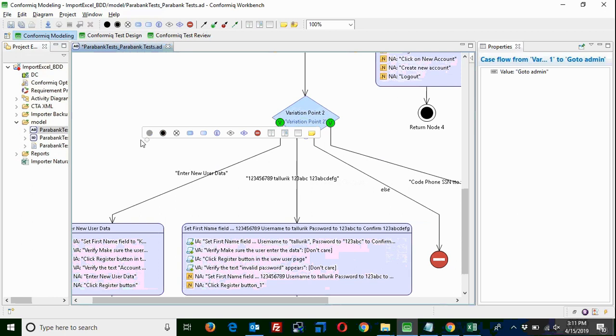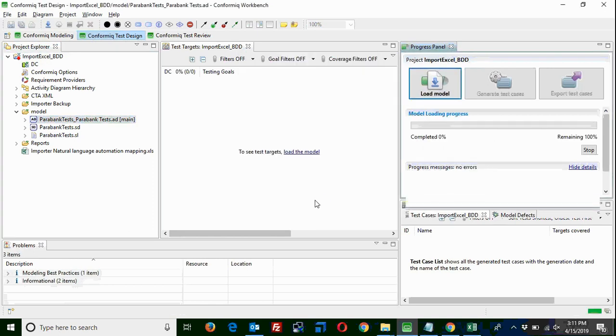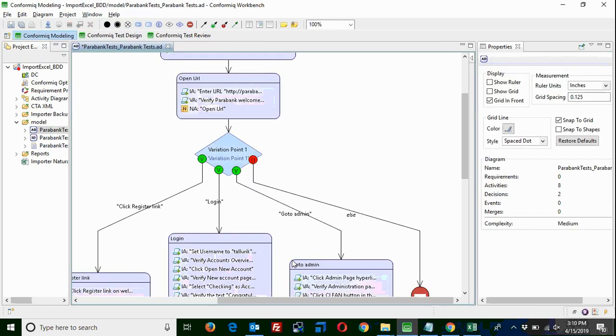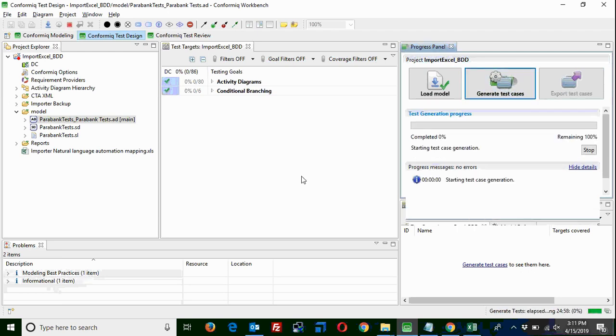Okay. So once the test cases are imported and a model like this is created, my next step is to generate the test cases, to make sure I have all the unique test cases and that the automatically created model is without any issues. So I'm just loading the model and saying generate the test cases. Loading the model is just to make sure the model is correct. Generate the test cases will generate the test cases from the flows which are already created.